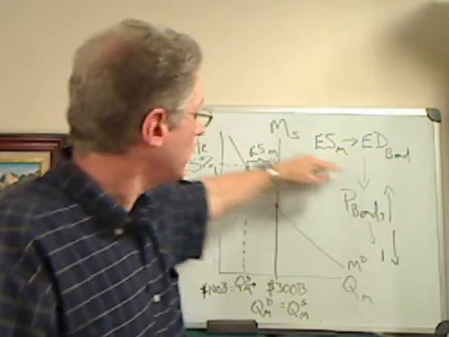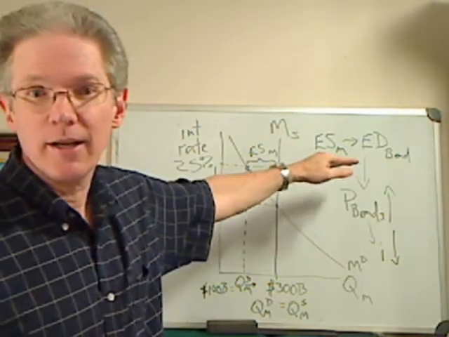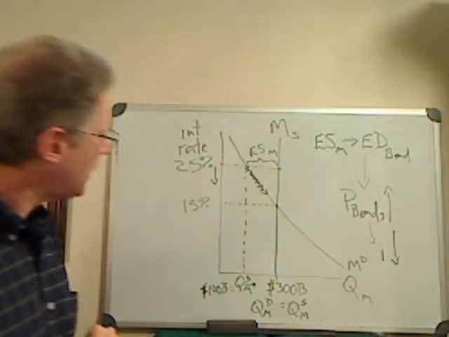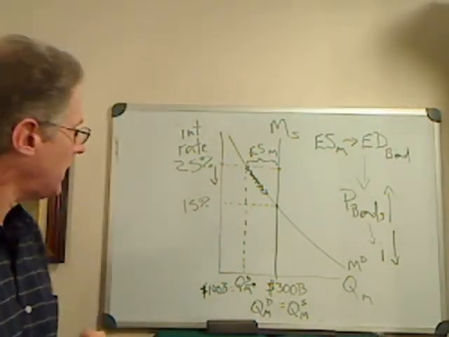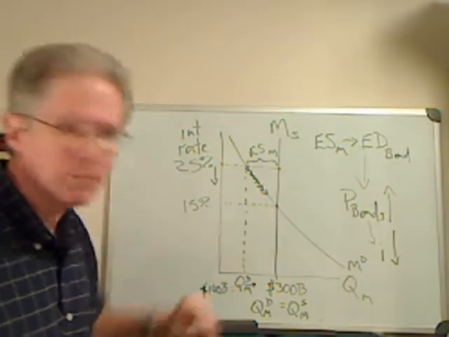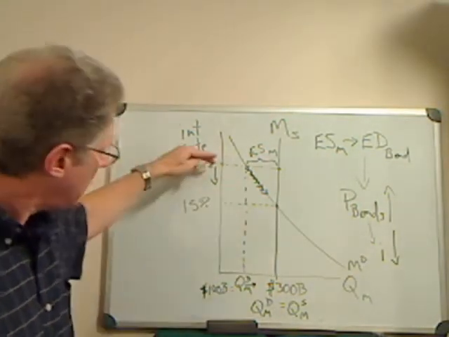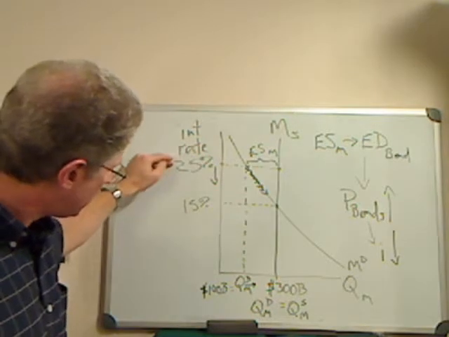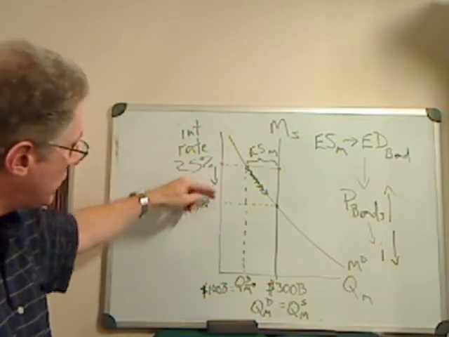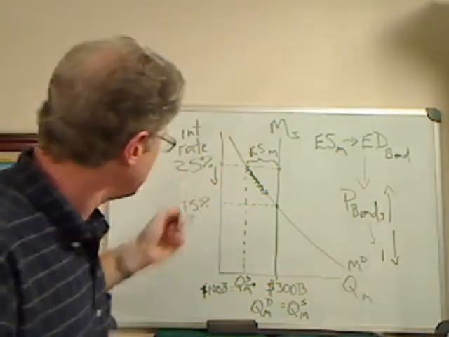This will be true as long as there's excess supply in the money market. And we're going to have excess supply in the money market as long as the interest rate is above the equilibrium level. Okay? So interest rates started at 25, they drop, 24, 23, 20, they keep going down until